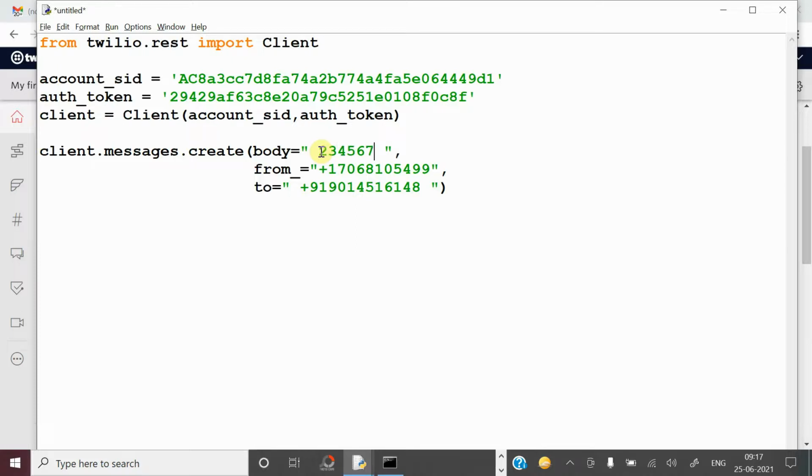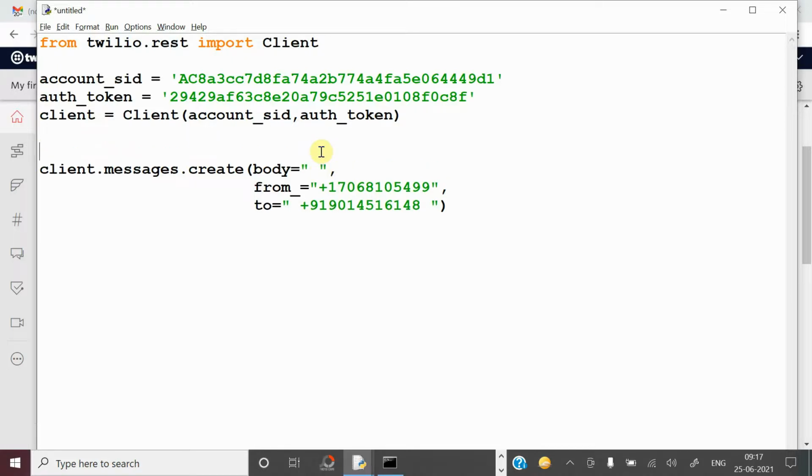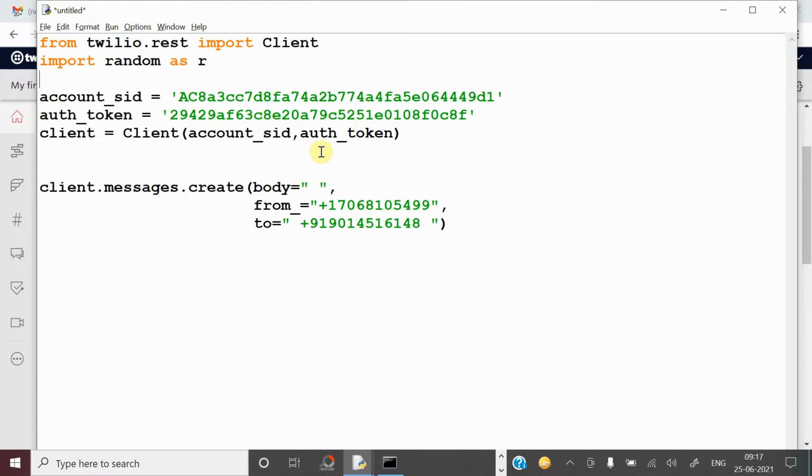Now we have to send an OTP. Assume that I want to send a 6-digit OTP, which means every time it should generate a different number. So you just have to import the random module: import random as R. Now by using that module, I want to generate an OTP.